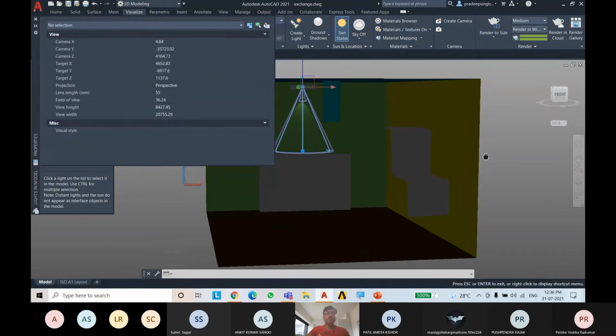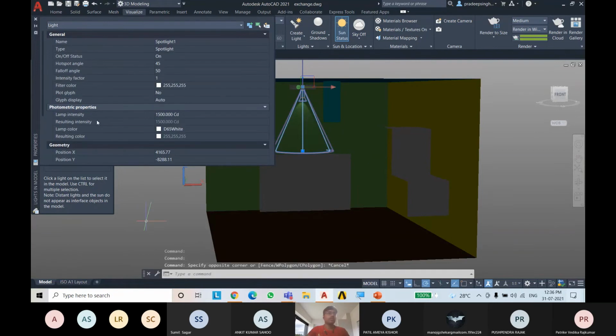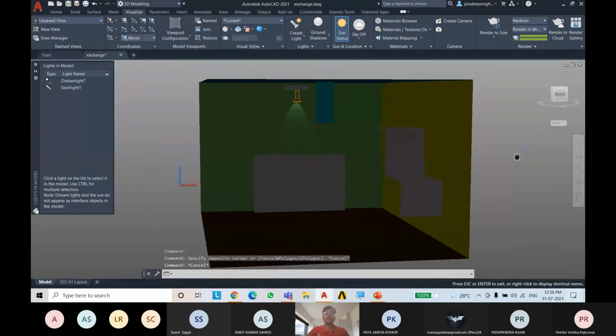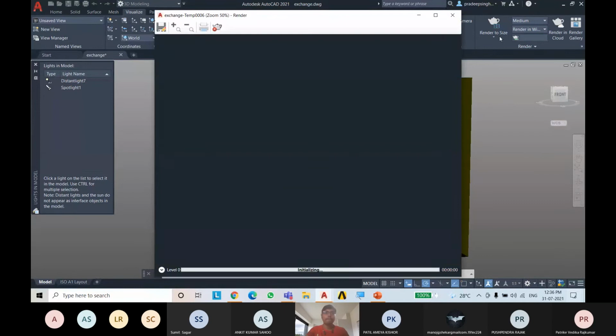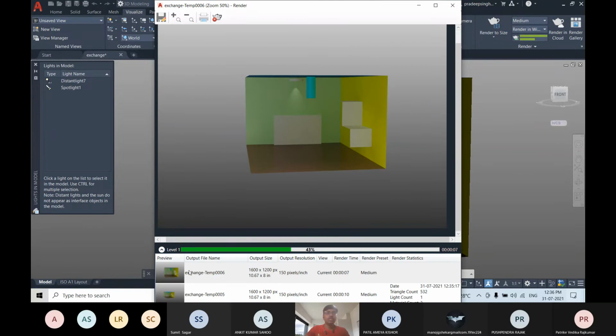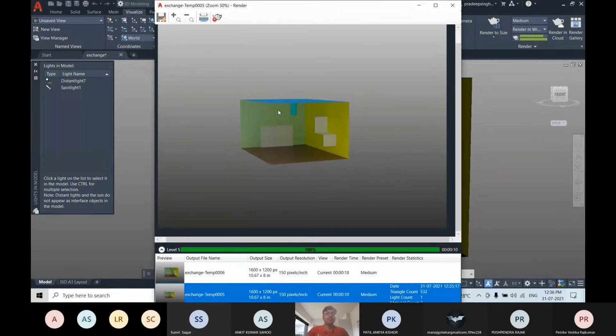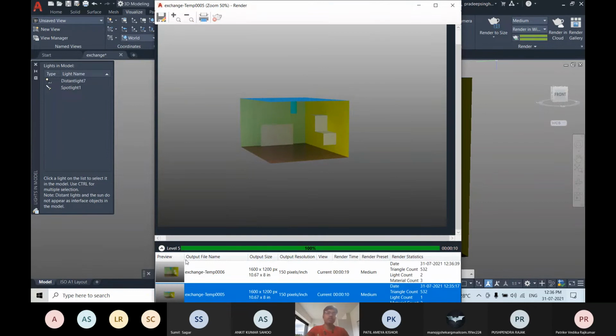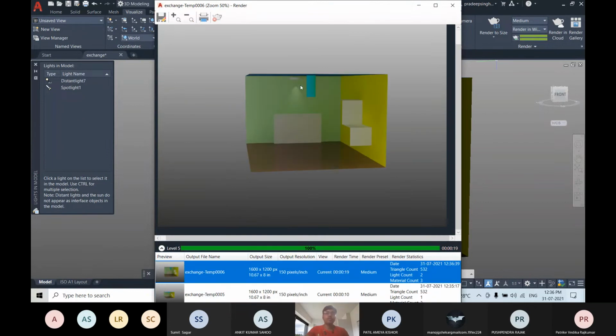First of all, let's render this. You can see the changes, like some circle or spotlight effect has come there because of the spotlight. In the previous phase, we were not using this spotlight. Now we are having this spotlight. So I will turn this off.